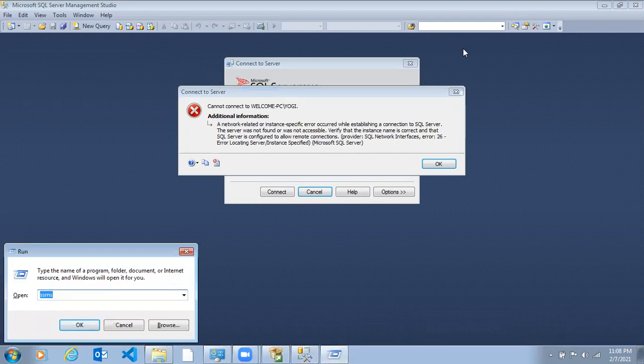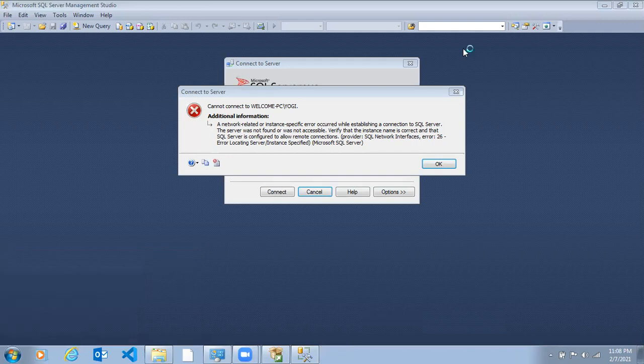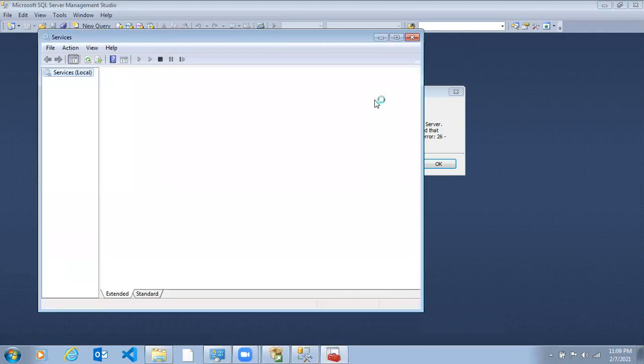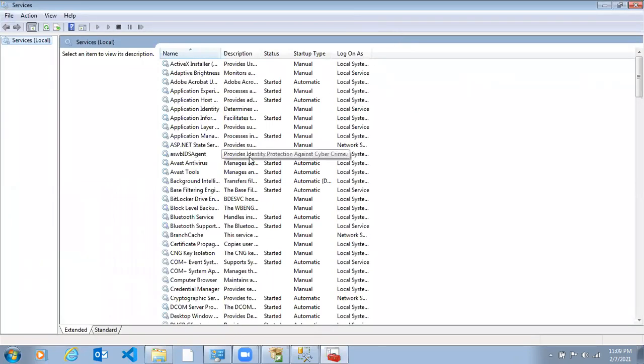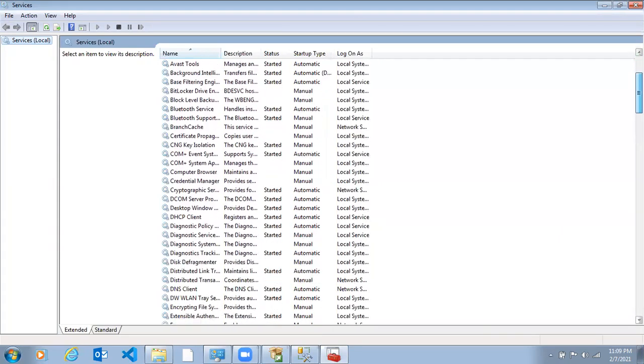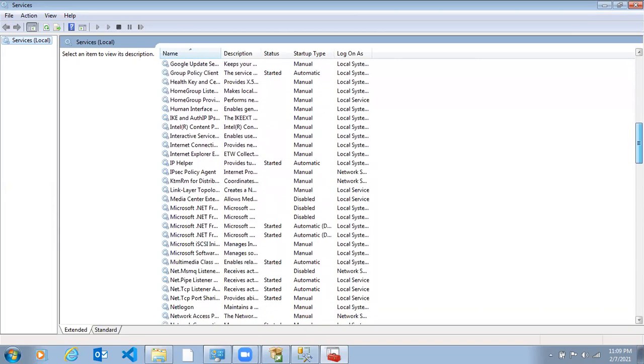These SQL Server services are not automatically started with Windows. So I will start the SQL service so that I will be able to connect to the SQL Server, by starting my SQL Server services from services.msc. Let me check once whether the SQL Server service is turned off. I think by default it should be turned on, but I don't know if it is turned on or turned off.